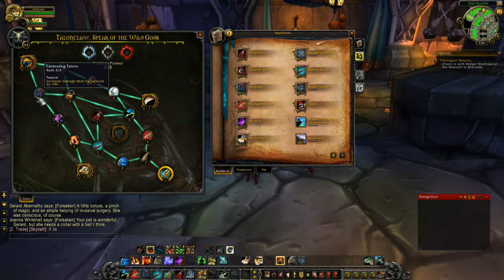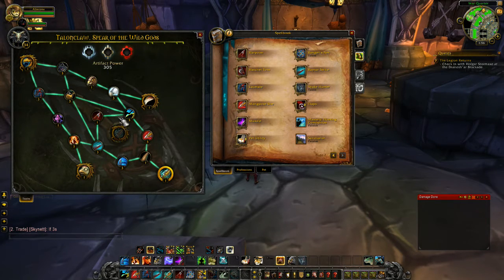Lacerate, however, or Lacerating Talons is what it's called, it's first or second, depending on your uptime, in terms of damage. So basically, it's going to be the number 1 damage or second in damage. So you definitely want to take this one and Mongoose Bite for sure. Like, you want to be specking and stacking your relics for these 2 talents. And maybe